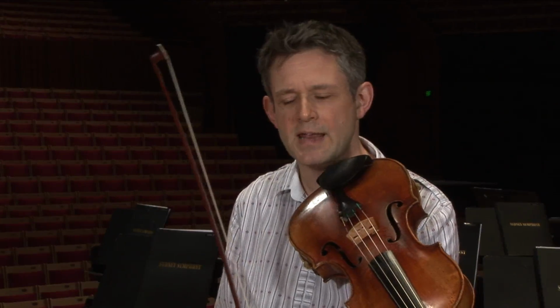I think a good tempo for this excerpt would be about dotted quaver or eighth note equals 80. And the bowing stroke is a light spiccato where the bow really dances on the string. I think it helps to remember that this music anticipates the fairies that appear at the start of Act 2